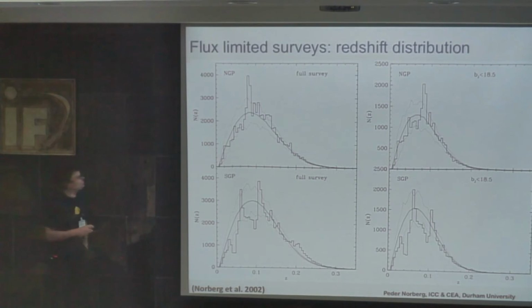Here comes the issue with flux-limited surveys that we had before. You have the N of z. Typically, the redshift distribution looks like this. I've taken this example from the 2dF Galaxy Redshift Survey for two reasons. First of all, you have two regions, which I like. It was nice to show that you have two different areas, and they are statistically equivalent apparently. This one has many more spikes than this one, but this is part of the large-scale structure. Now, if you do a very large survey, you don't have those problems. Usually you sample them well enough.